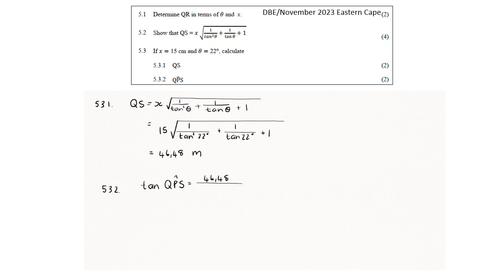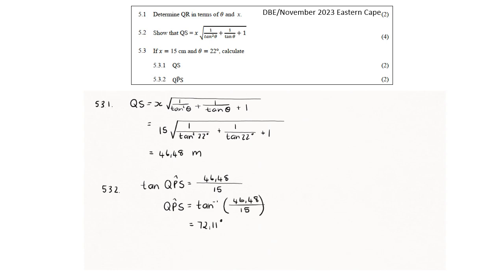In the previous question, we determined that QS is 46.48. It's given to us that x is 15, so tan of angle QPS is equal to 46.48 over 15, and then to determine angle QPS, we take the inverse tan of this answer, and that gives us a size of